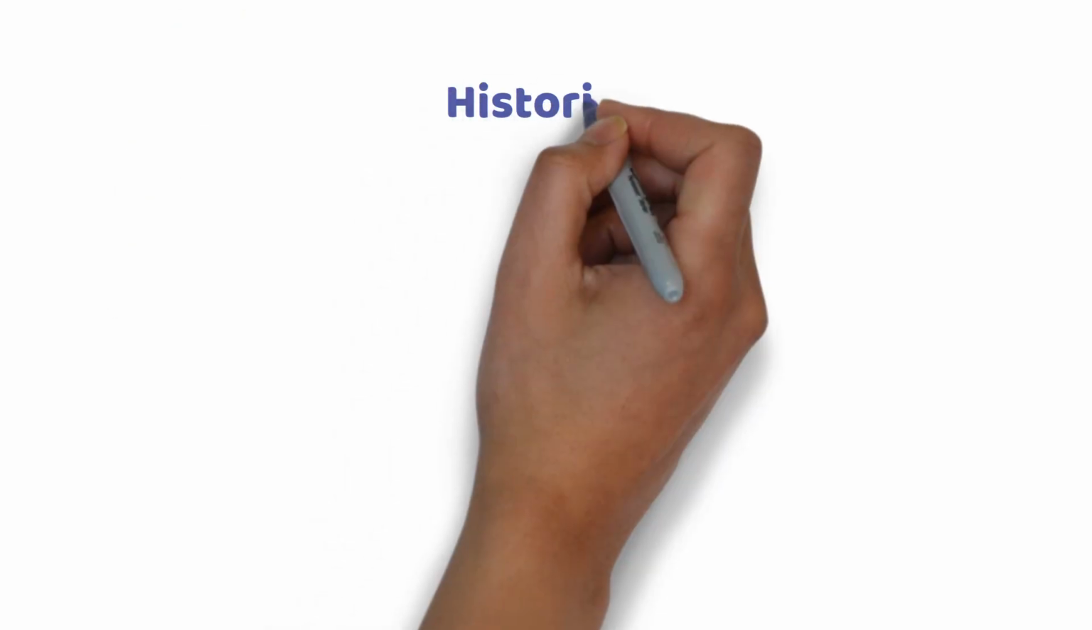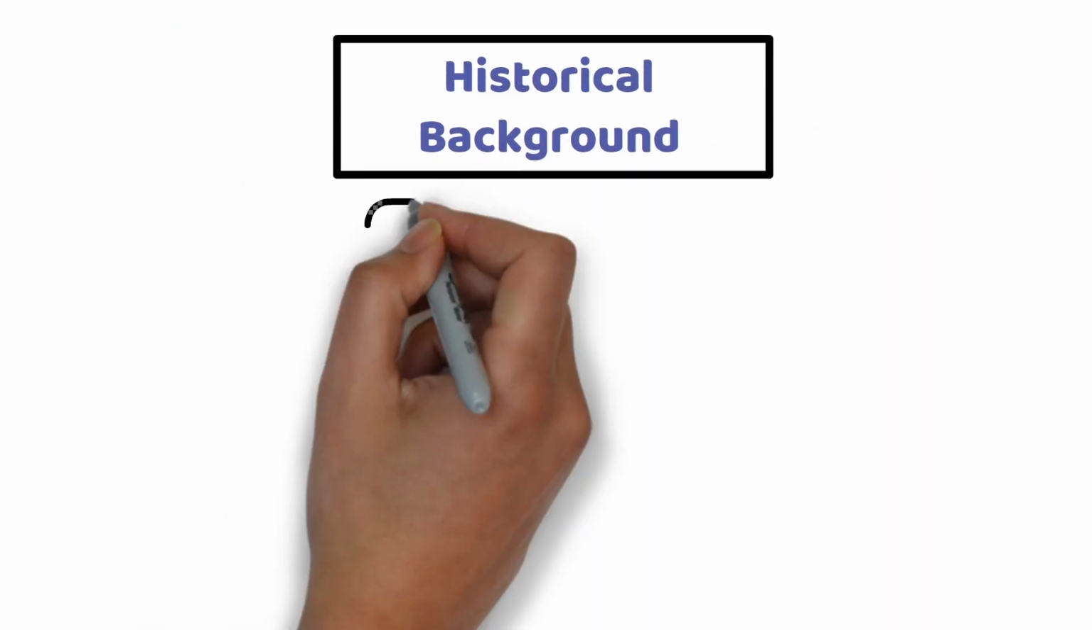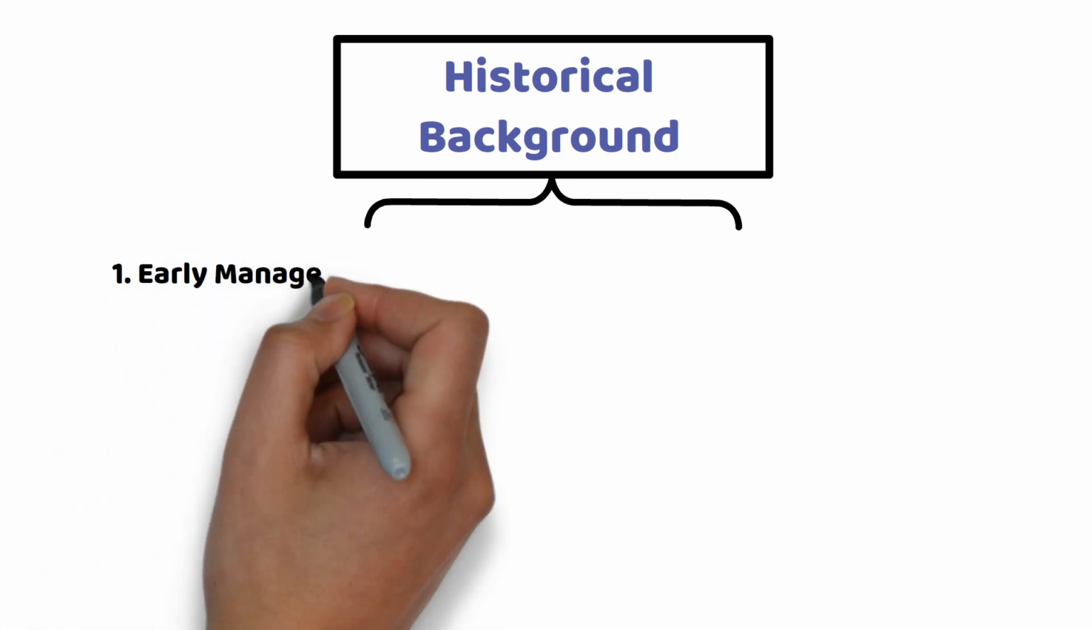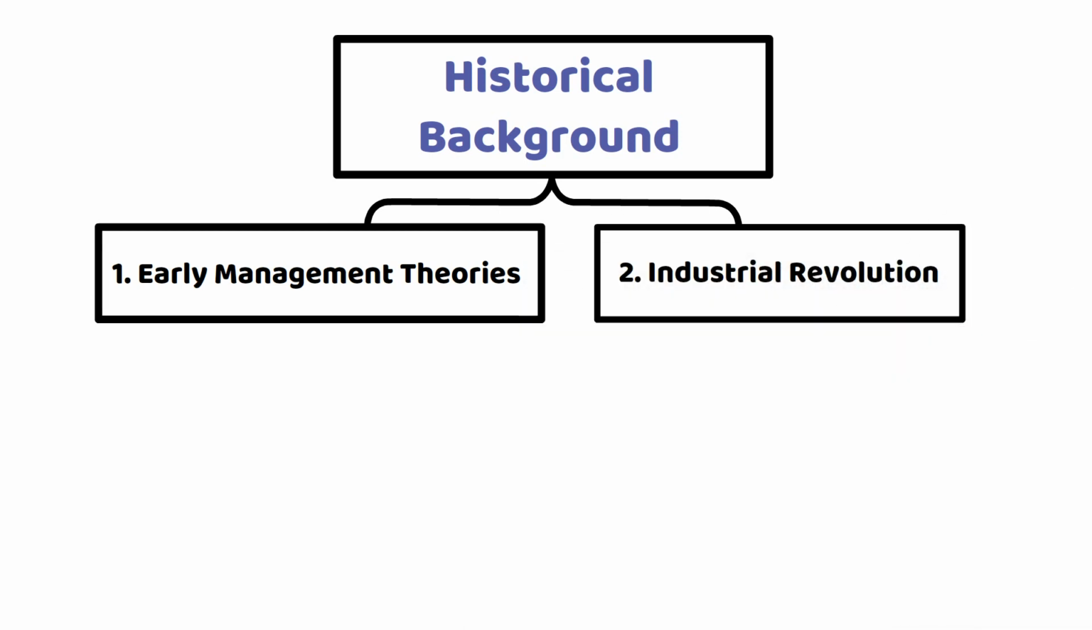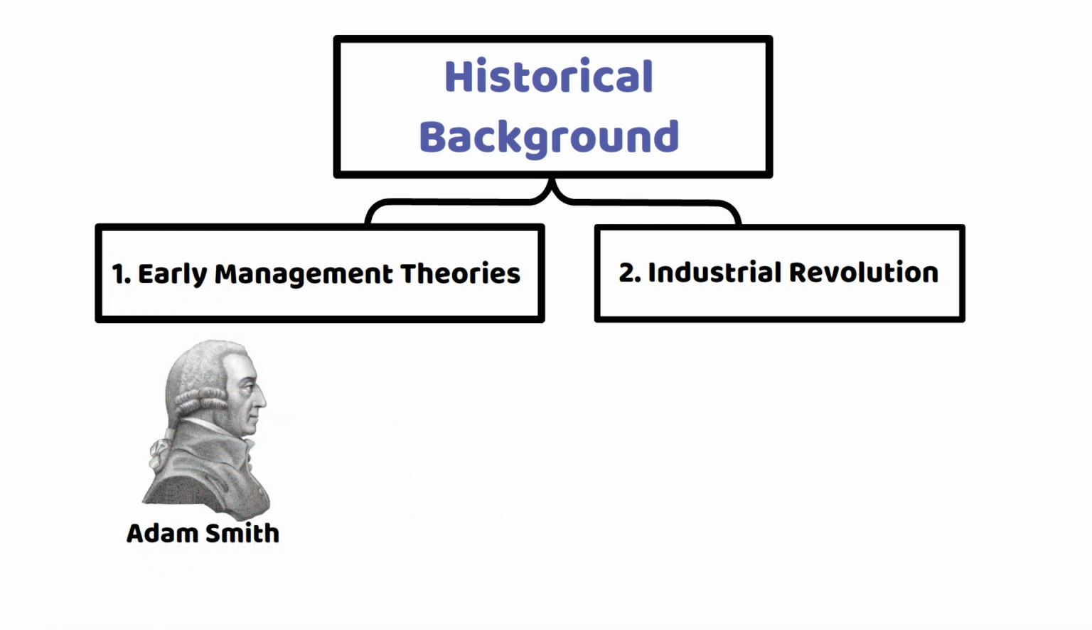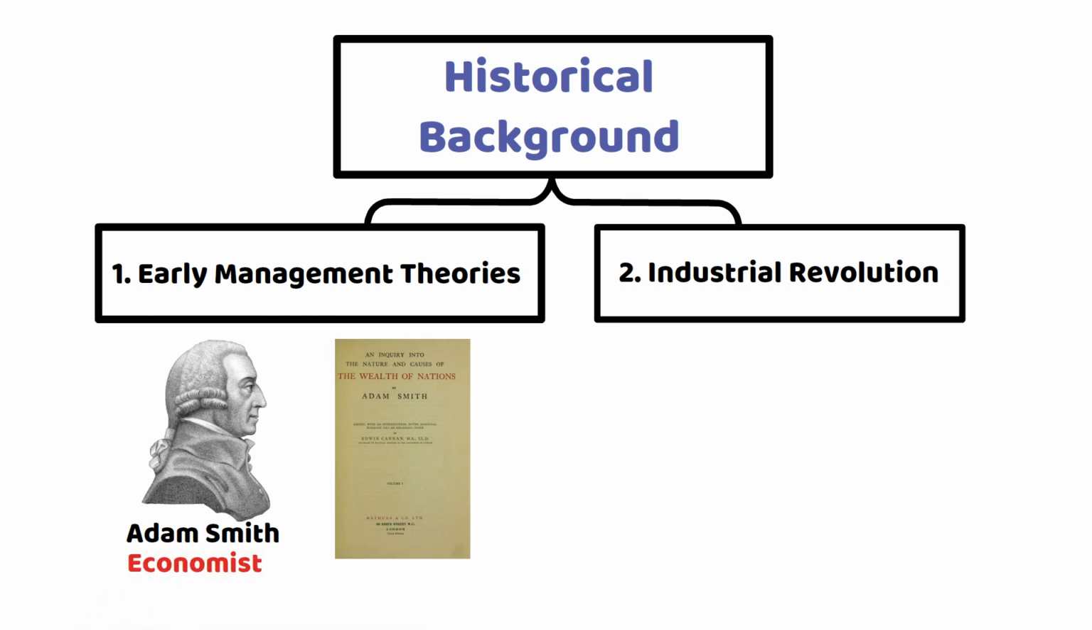The historical background of management can be divided into 2 groups. Number 1 is early management theories, and number 2 is industrial revolution. In the early management theories, we discussed Adam Smith's contribution to the management field. He is best known for his book, The Wealth of Nations, published in 1776, which provided a comprehensive analysis of the market economy. Although Smith primarily focused on economics, his ideas have significantly influenced management theory, particularly in organizational design